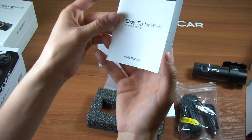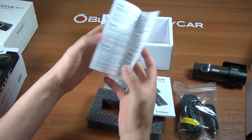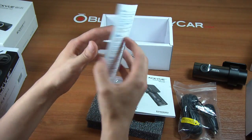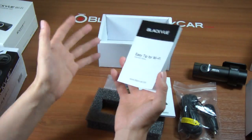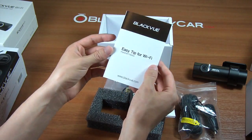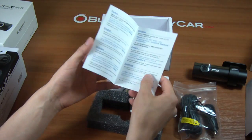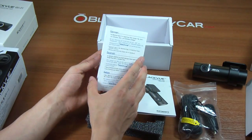So they now have a very interesting manual, and BlackVue is being sold in pretty much everywhere in the world, and you can see this one simple manual, which is just describing how to use the Wi-Fi. And I get this question all the time, and every single time I have to just tell my customer the password to access Wi-Fi is just BlackVue. And thank goodness with the DR600, BlackVue finally included a manual that says what the password is and all that in